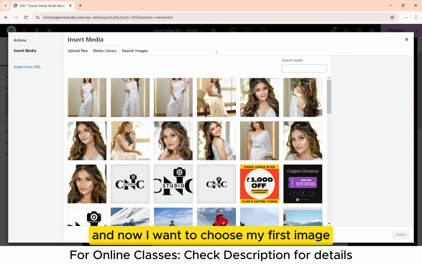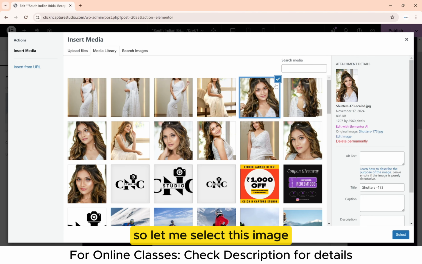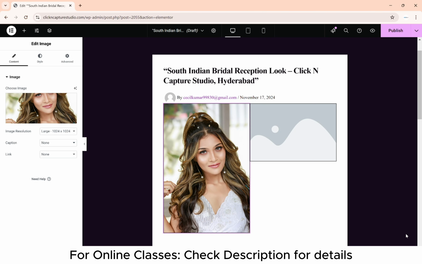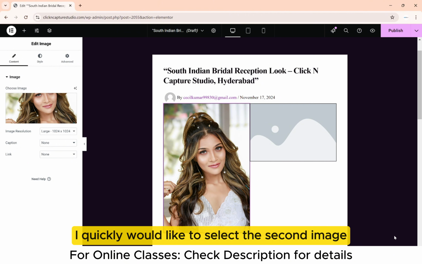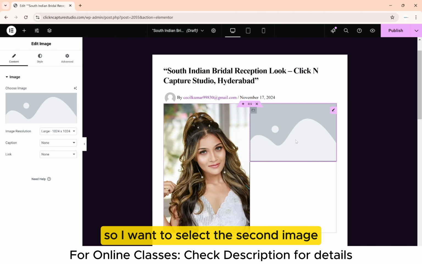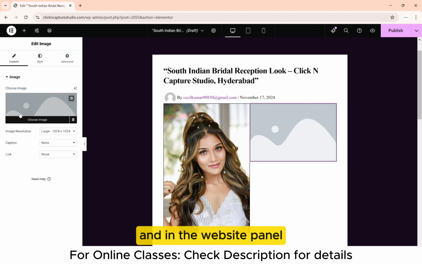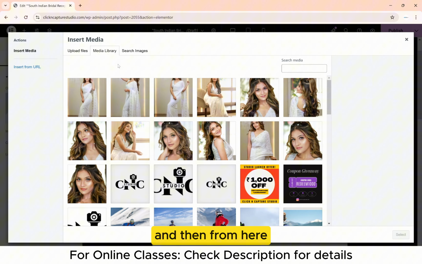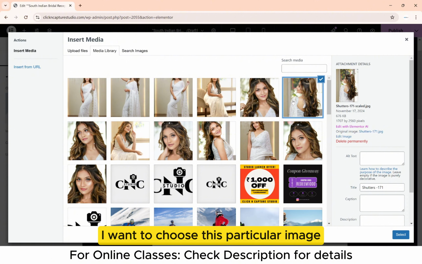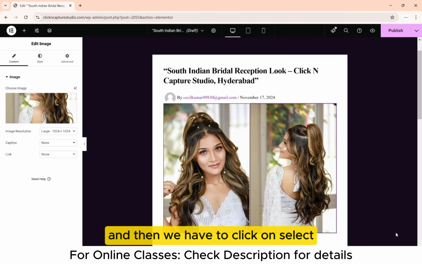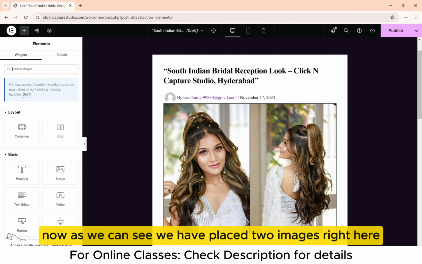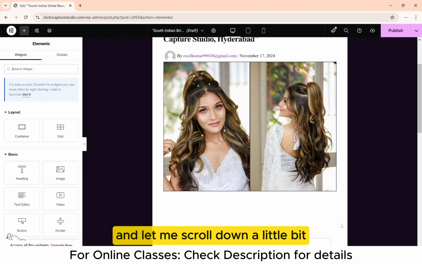And now I want to choose my first image. So let me select this image, and then let me click on select. And also I quickly would like to select the second image. So I want to select the second image, and in the left side panel I want to click on choose image, and then from here I want to choose this particular image, and then we have to click on select. Now as we can see, we have placed 2 images right here, and let me scroll down a little bit,